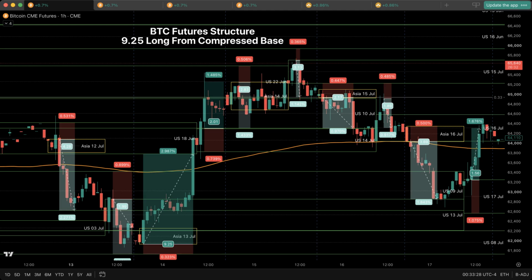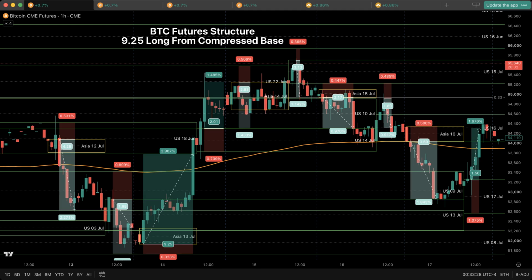July 13th Asia session, upper boundary. Second trailing take profit line. July 13th US session, upper boundary. Third trailing take profit line. July 9th US session, upper boundary. Fourth trailing take profit line. June 18th US session, upper boundary. Risk-reward ratio